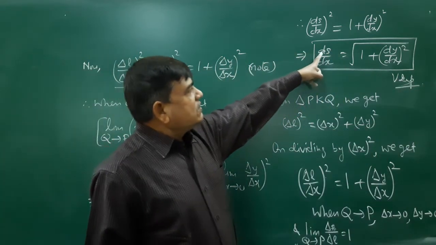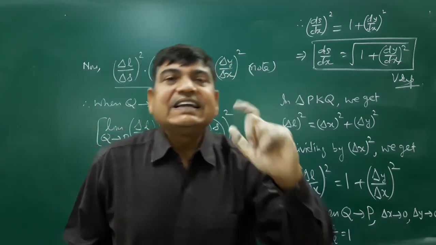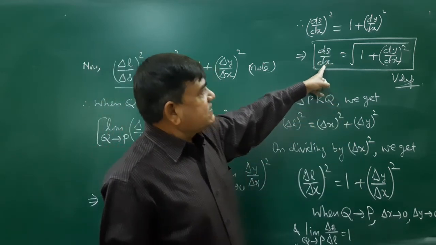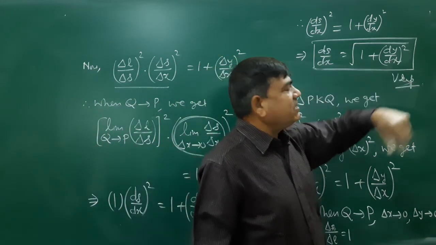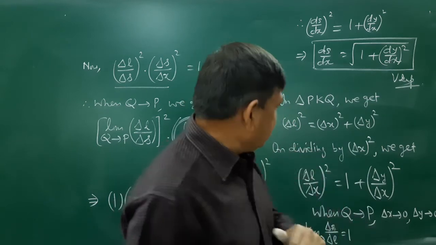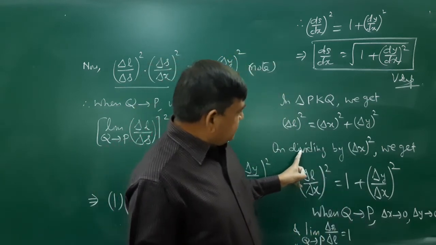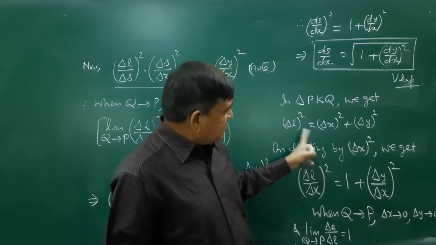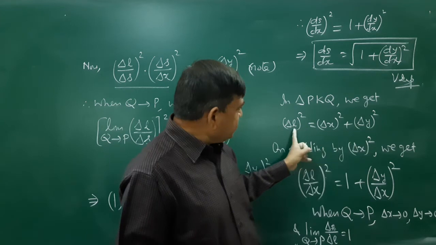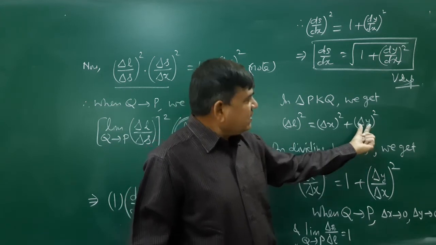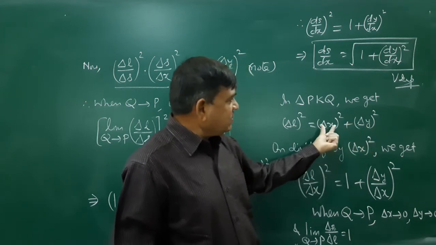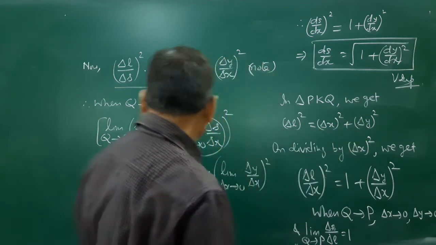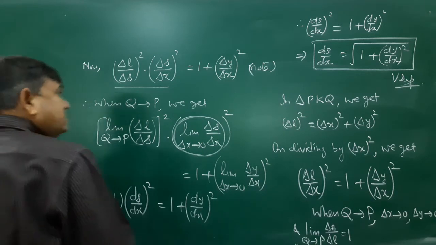So, rate of change of arc length. What is S? S means arc length. ds by dx is under root of 1 plus dy by dx whole square. Now listen. Instead of dividing this, if we divide this particular part by delta y whole square, यदि पूरे इस पर्टिकुलर पार्ट को डेल्टा y होल स्क्वायर से डिवाइड किया जाए तो डेल्टा x अपॉन डेल्टा y होल स्क्वायर हो जाएगा। हम इसी तरह से इसको प्रोसीड करते हैं तो जो फॉर्मूला मिलता है वो